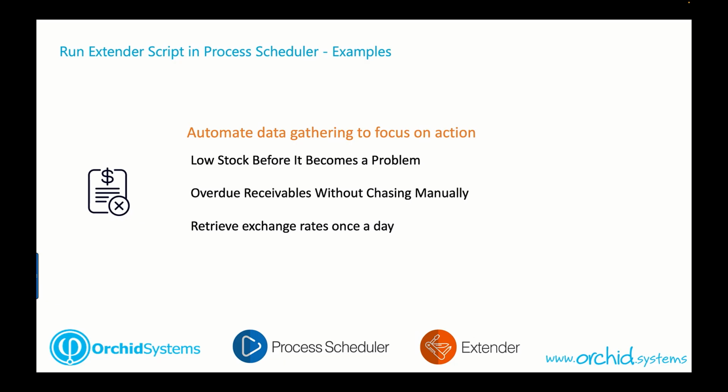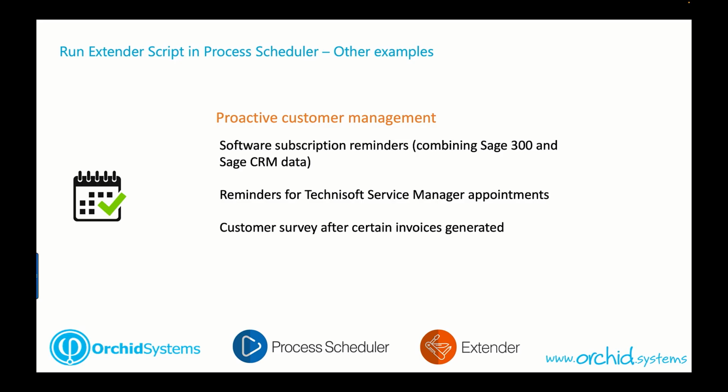We can also automate data gathering to focus on action. For example, receive a notification of a low stock item before it becomes a problem, or alerts when customers have got overdue balances or overdue transactions. Without having to chase them manually, we can then deal with that. We could also go outside of Sage 300 to retrieve exchange rates once a day and push them into the Sage 300 transactions table. Helping manage collection is part of proactive customer management as well, but some more specific examples